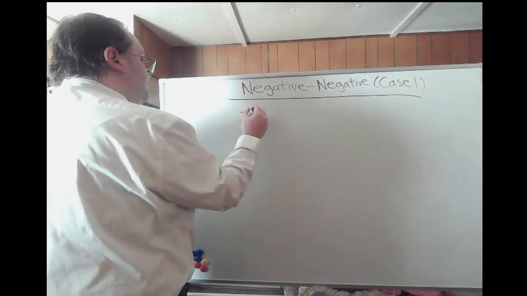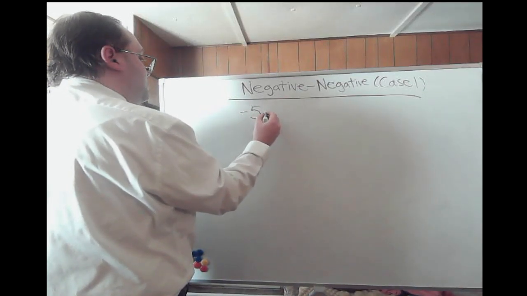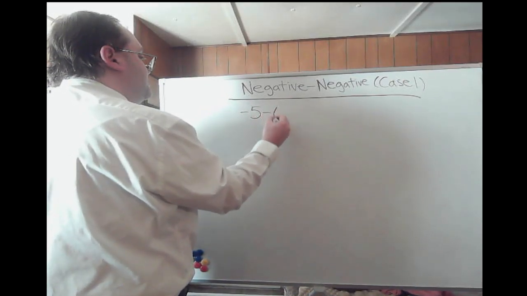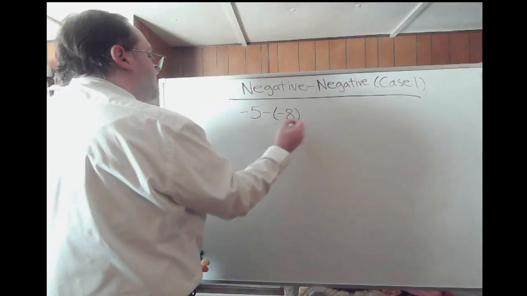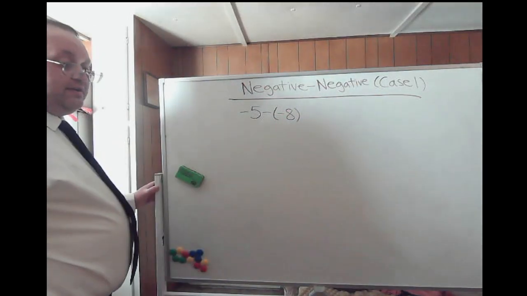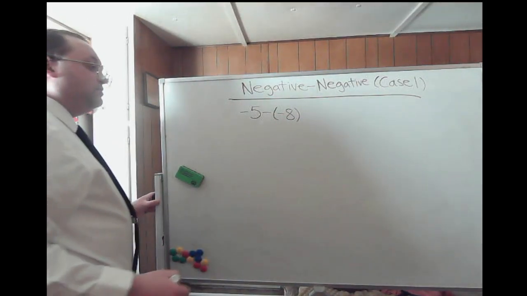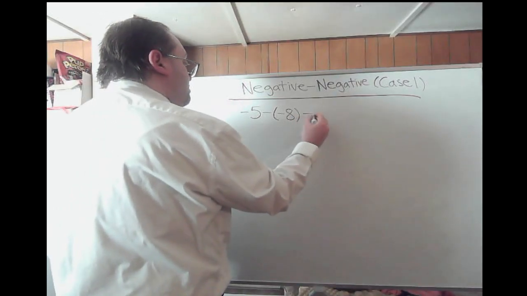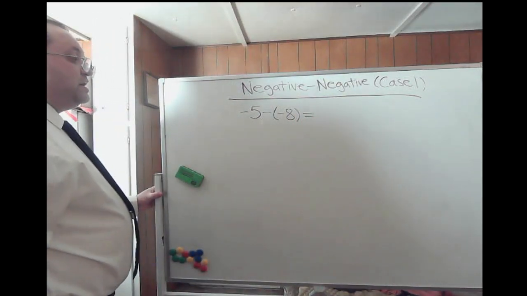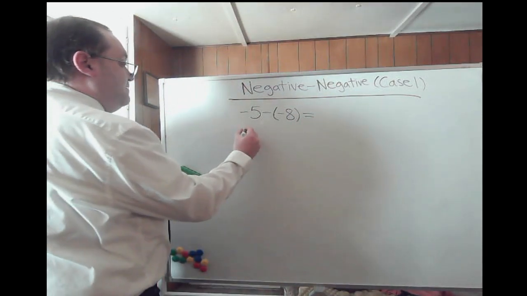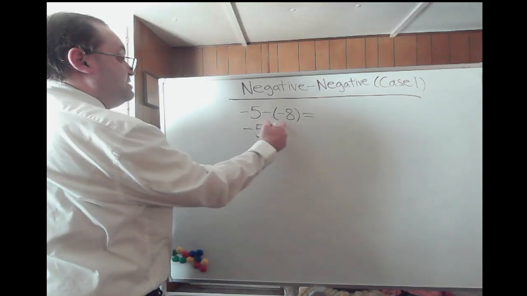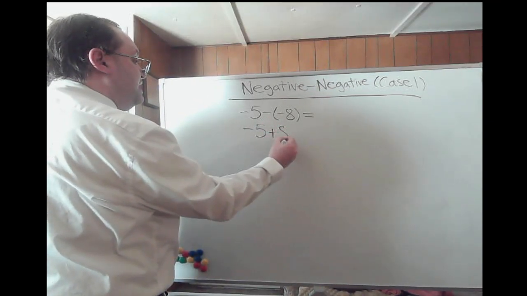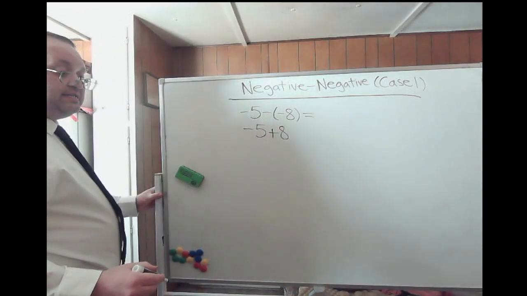Let's say we have negative 5 minus negative 8. So we have a negative minus a negative. Well, what we have now is negative 5 minus minus, so that's plus, negative 5 plus 8,